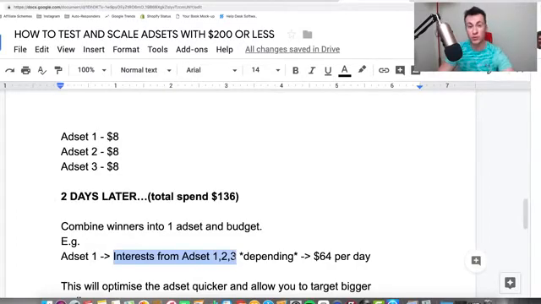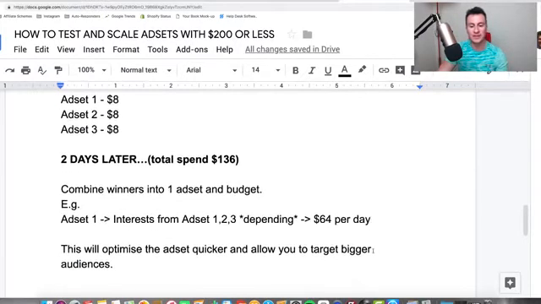So if they've all shown a sale, then combine all 3 interests, but if only ad set 2 and 3 have shown a sale, then just combine the interests from 2 and 3, if that makes sense. So you're only combining the interests from the ad sets that have produced the sales. Then we're going to combine the budget of what we've got left. So we've got $64 left. We're going to stick that on ad set 1,